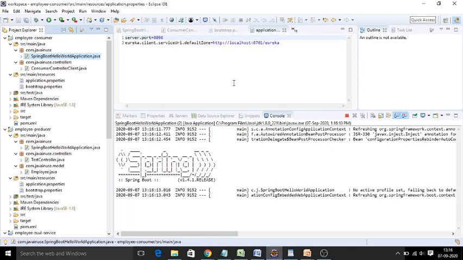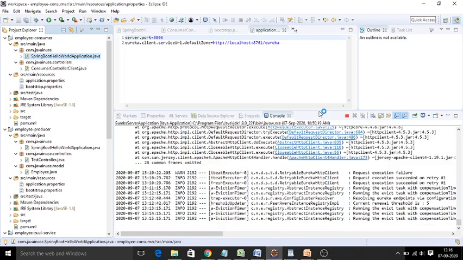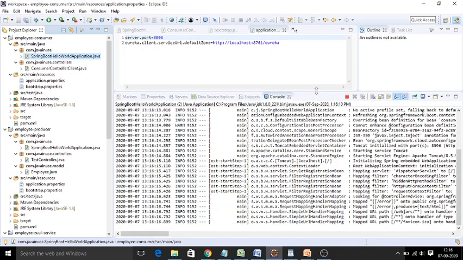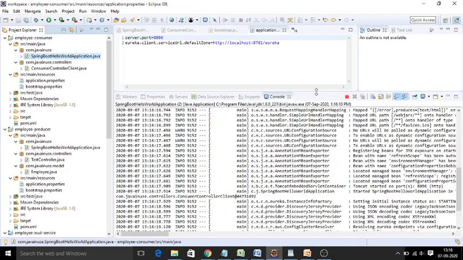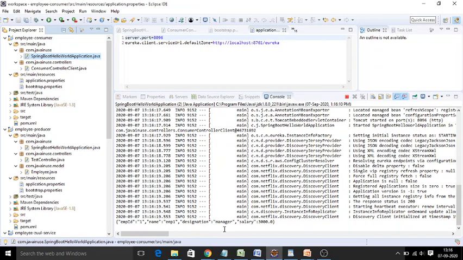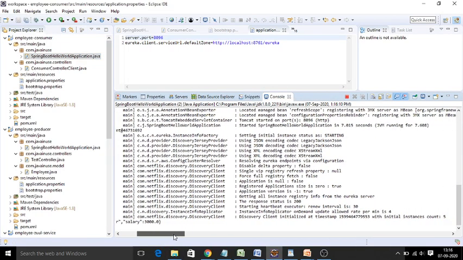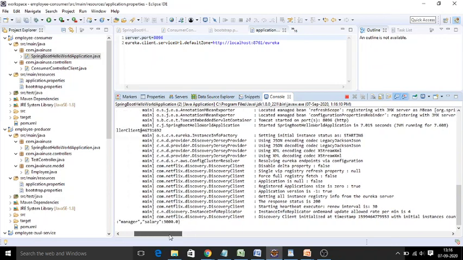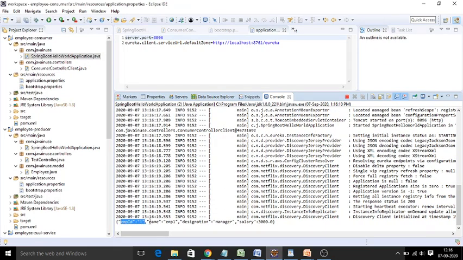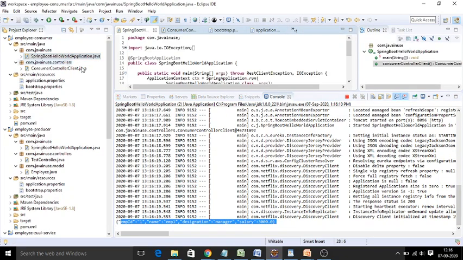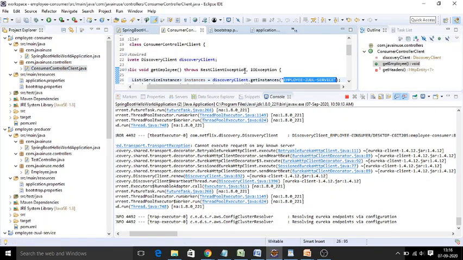Because we would like to look at the console in a new request instance. Now you can observe here, the consumer instance is getting created and it is going to intercept with your request object, and you can see the values have been produced. But in the consumer application, the request is coming through your Zuul proxy gateway.